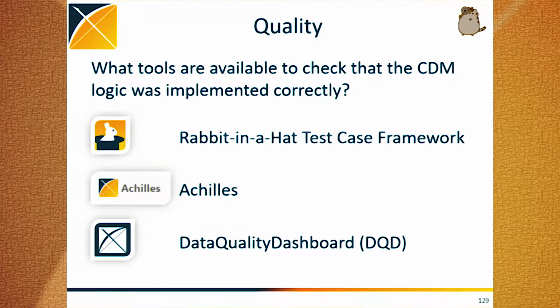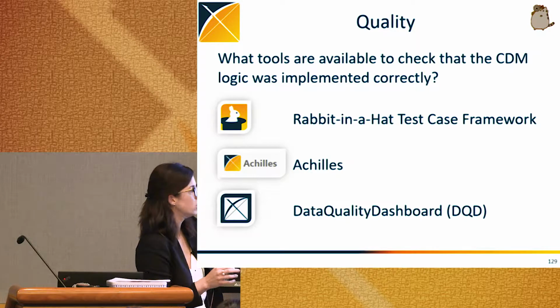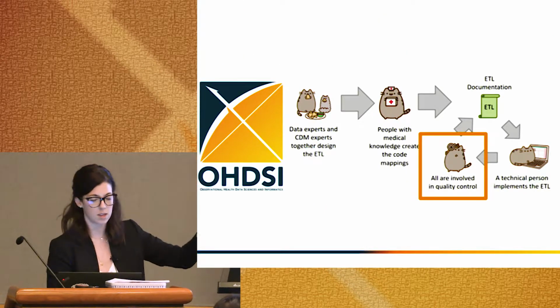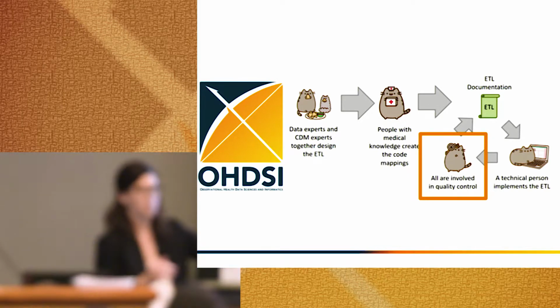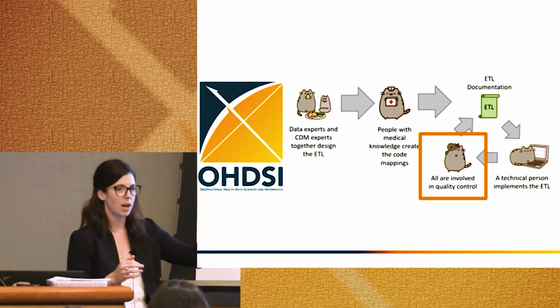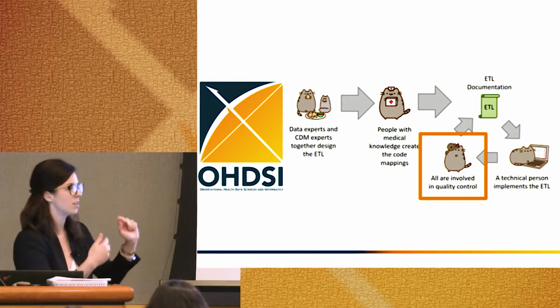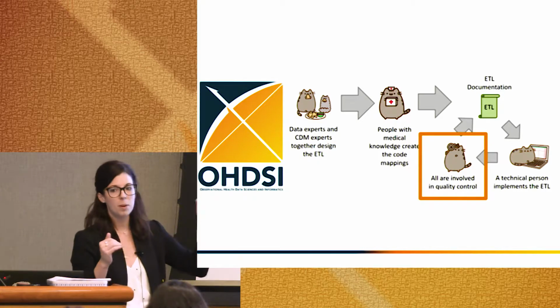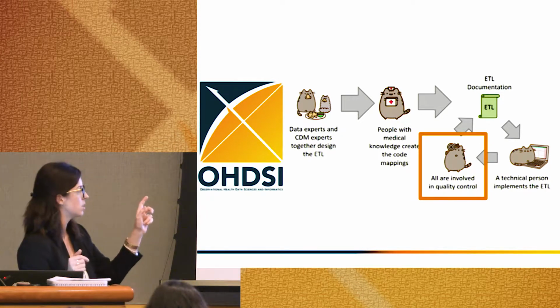Our document for how we're gonna map our data into the common data model. We created our code mappings, including those ones we did on our own with Usagi. We then talked a bit through implementation, but of course this is going to vary by site. And if you have some more questions about that, feel free to contact us offline if you want to talk through that. But now let's talk a little bit about quality control, because once we get into this